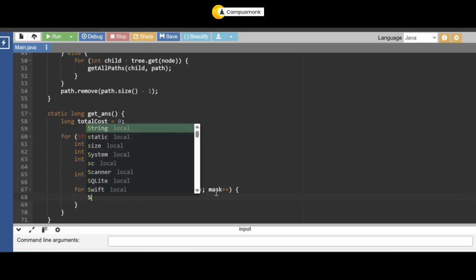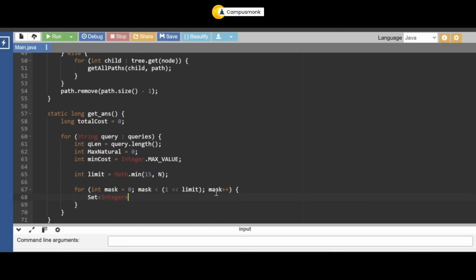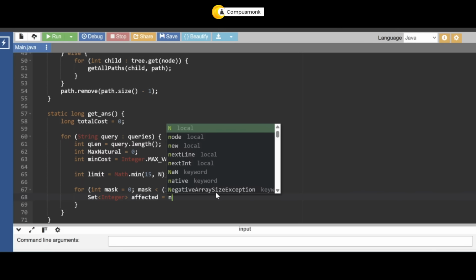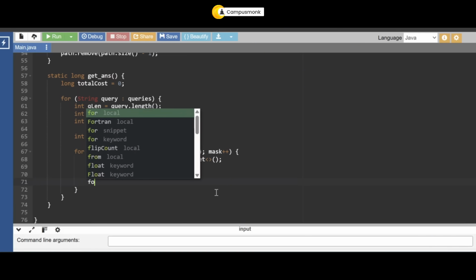Next, you're going to just set your integer. So let's make this like affected. So the number of things that you're going to flip into a new hash set. Why is this a set? Because you want the unique path. You don't want the like already affected paths. Okay. So int flip count, maybe that will be equal to 0 initially. Okay. So now for